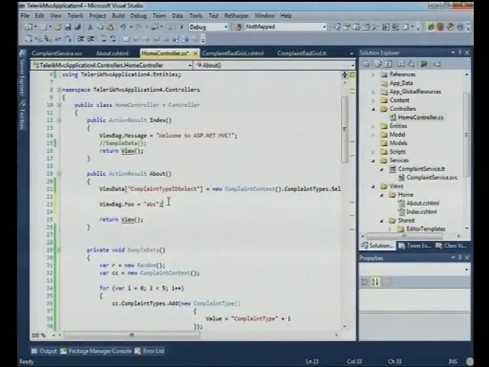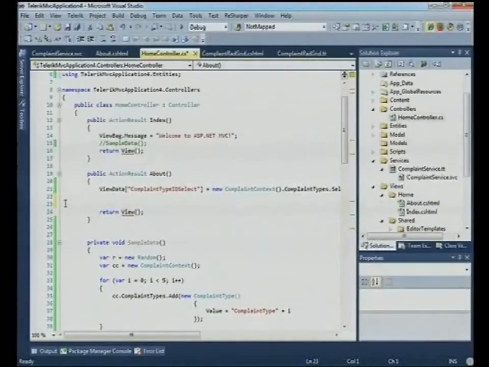Basically, view data and view bag are exactly the same, except that, as you can see with view data, I've had to specify my square brackets and the name of the object. A view bag basically is like almost type safe. Doesn't actually check the validation of it, but I'm actually just specifying the object. So that's really handy for things like your title of your view and what have you. So now when I go back and run that up again,